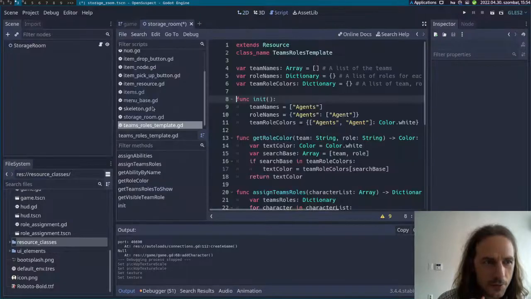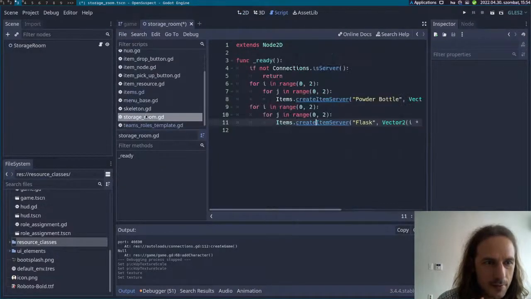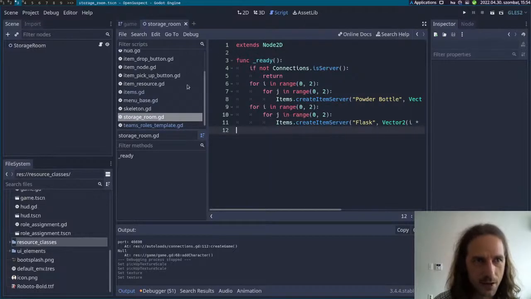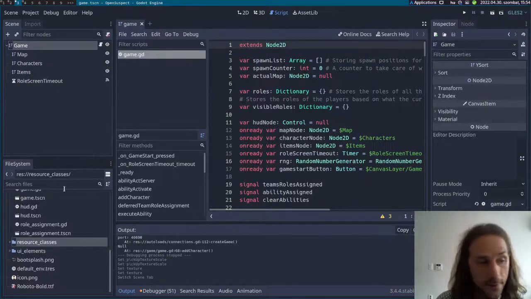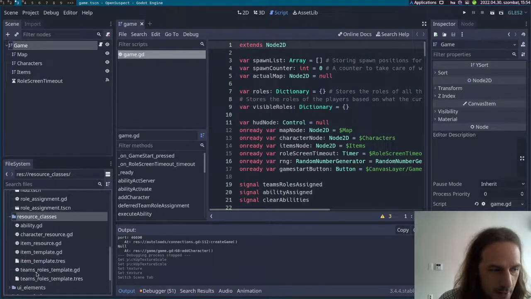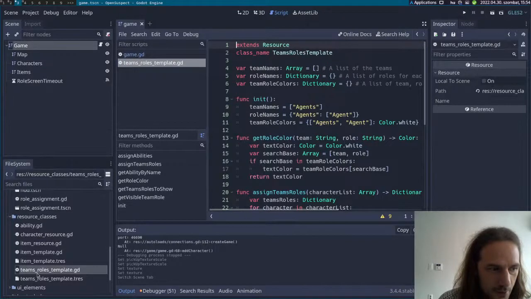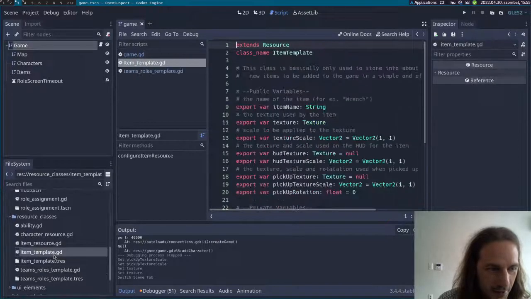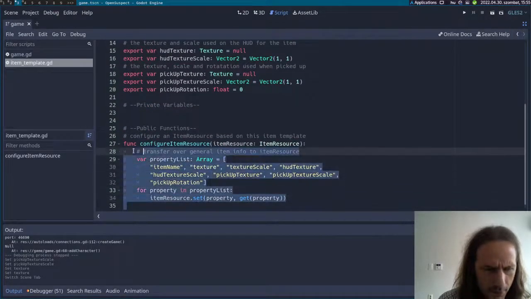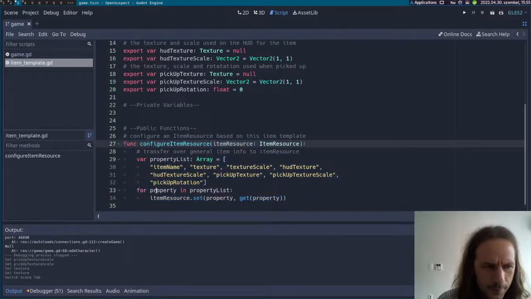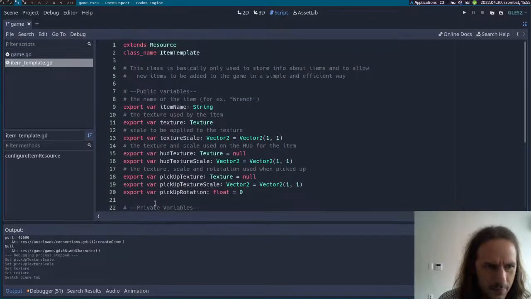But anyways, the storage room has been modified. Let's save this. Let's close everything here. I don't want to get confused anymore with these files. So what I need is this Teams roles template. Oh, was I just clicking on the wrong thing here? Item template, that's what I need. So I need this item template to basically